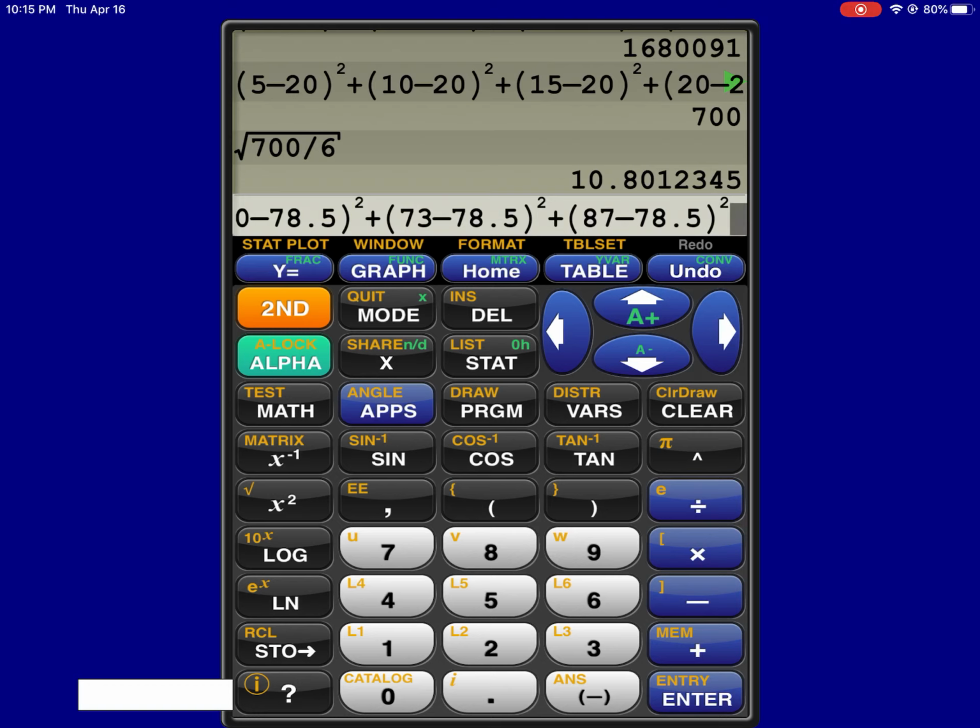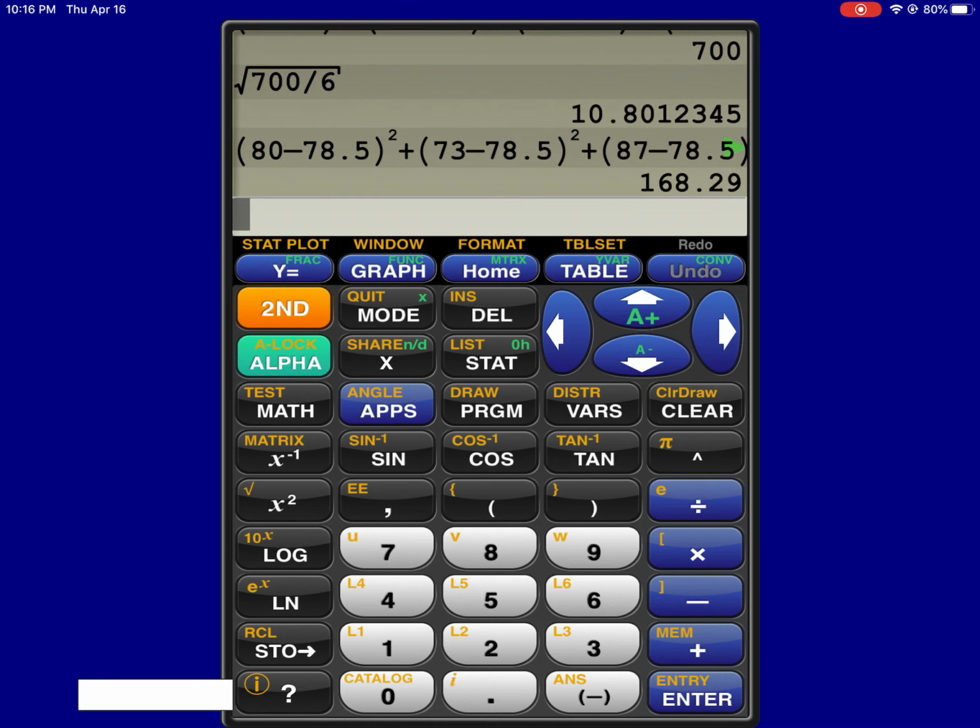Okay, so 87, now I'm at 74. I'm going to go off the screen here, so you've got to make sure you're watching at least the last couple. So what's the next thing we're going to type? 74 minus 78.5, close the parentheses, square it, couple more, plus 83 minus 78.5 squared, and the last one, plus 74 minus 78.5 squared, and the magic number, drum roll please, bam,